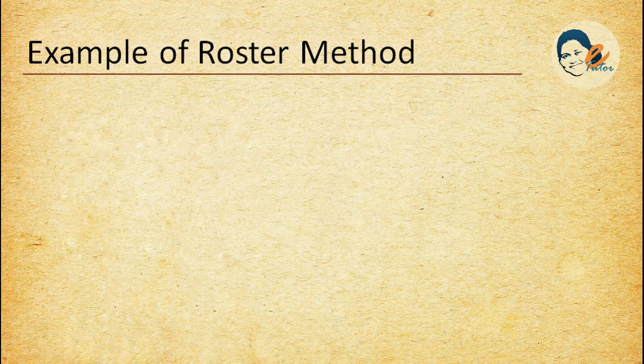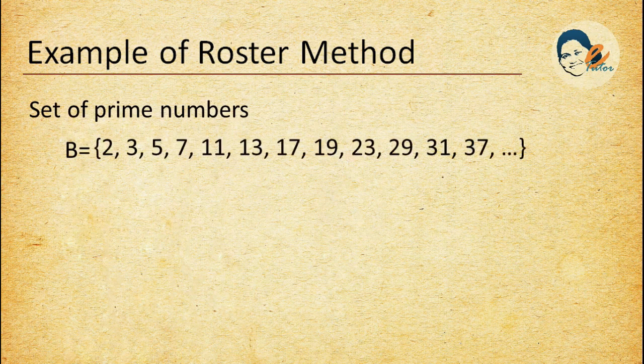Now another important concept. Suppose we are writing a set of prime numbers and no range is given. Then our set of prime numbers will look like this. Here you can see that we have 3 dots together at the end of the set. This is called an ellipsis, and that means continue. But sometimes the ellipsis can be used in the middle just to save writing a long list.